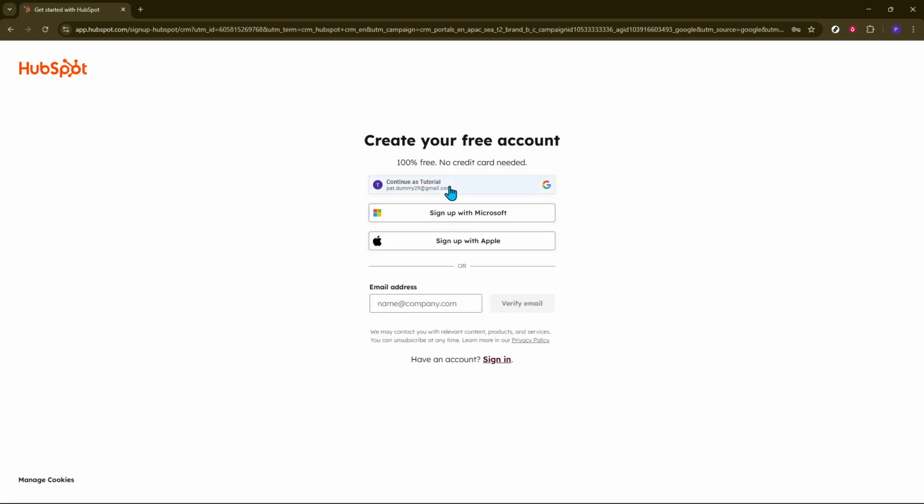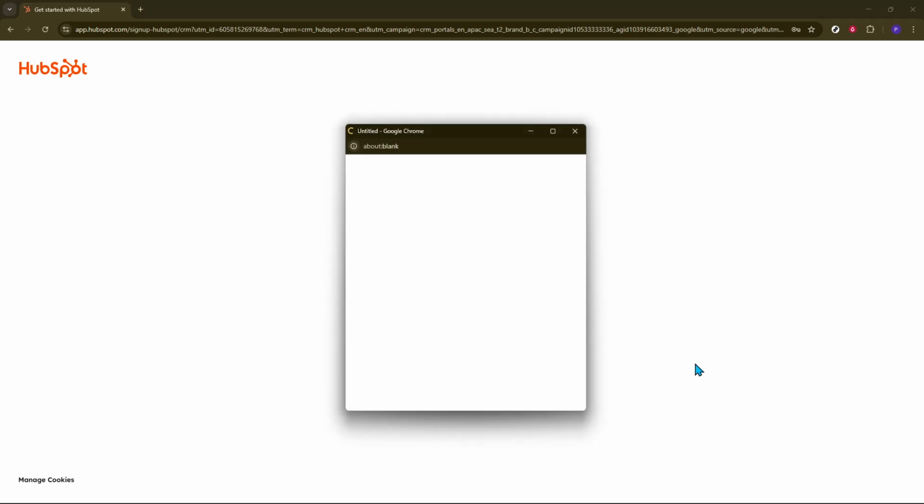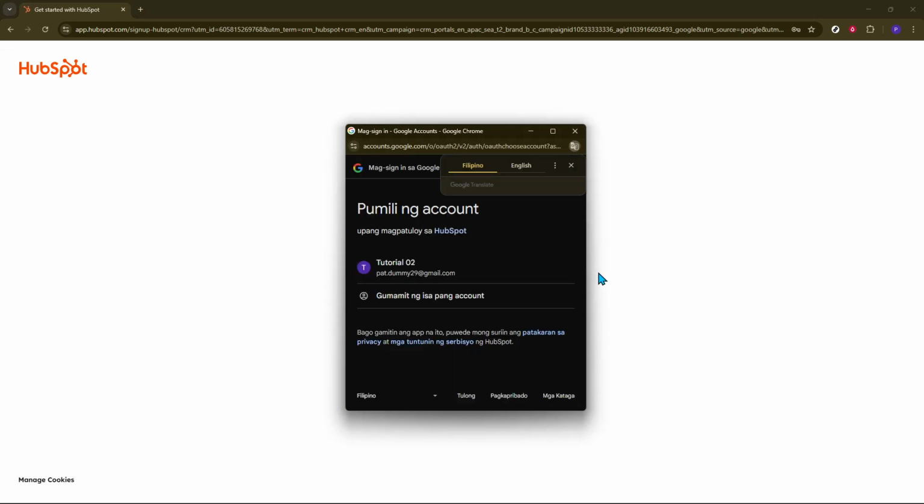If you're already set up with a user account, you can simply click on Continue with this user. Similarly, if you have multiple accounts linked, select the one that you want to work with today and click Continue with this account. Once logged in, we are going to head over to the tasks section, which acts as the